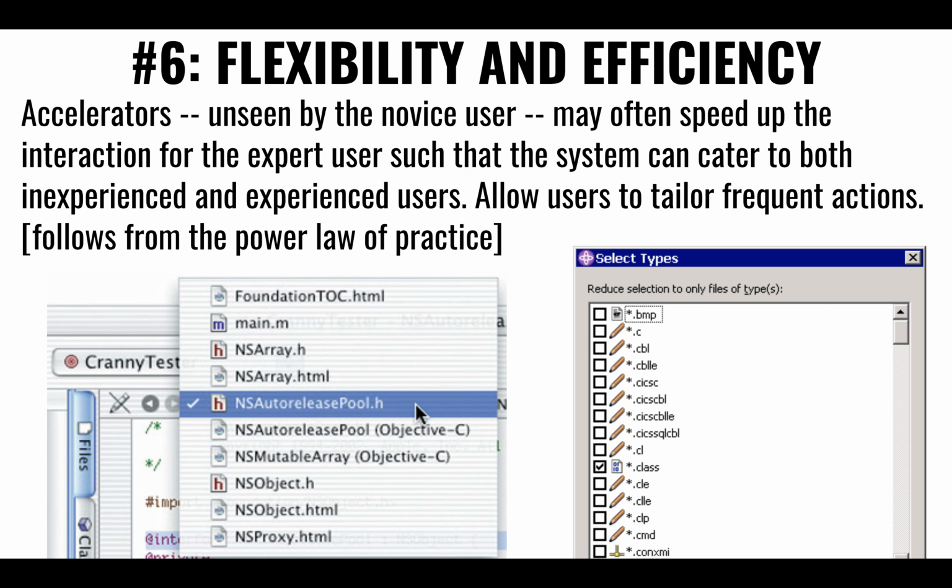Another one is to try and cater to more than one type of user. Obviously you want to cater to as many folks as possible, but not to the point that it's tedious to use. For those folks who are starting to use your application, you might provide a wizard that walks you step by step through what you need to do. But once you've done it 10 times and you know the steps, it becomes annoying. I would like you to give me an alternative, more efficient way that I can just check, and I'm done, without forcing me to always go through the same wizard.